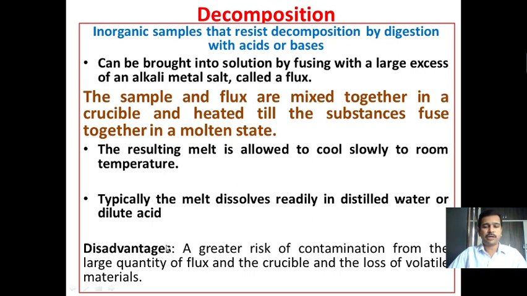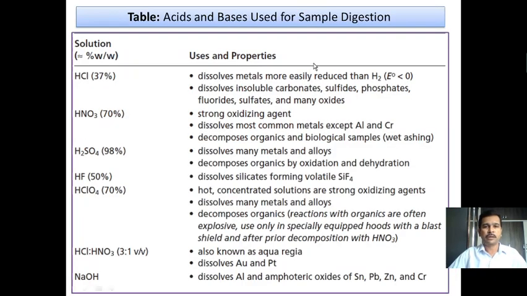But there is a disadvantage while using the flux. We will be at risk of contaminating the sample with a large quantity of the flux and even the crucible, because while decomposition by igniting the sample, loss of volatile matter may be seen. So this is the disadvantage. So for every process you have to concentrate on tackling the disadvantage. You should not lose the volatile matter if you are interested to determine the volatile matter. Otherwise there will be no problem. You can subject the sample for decomposition.